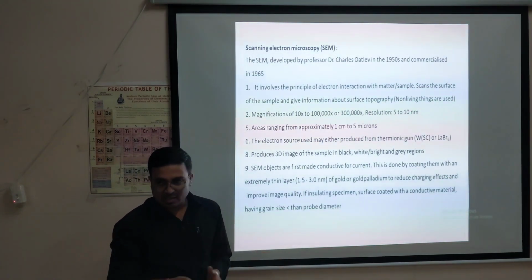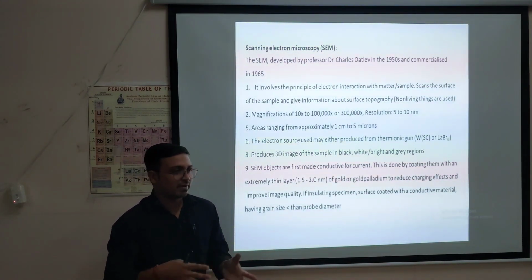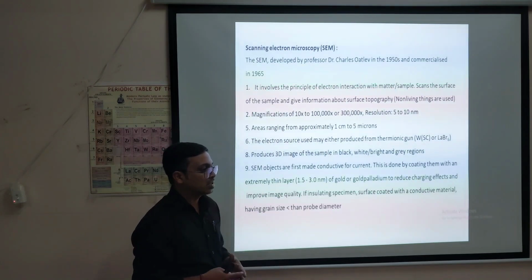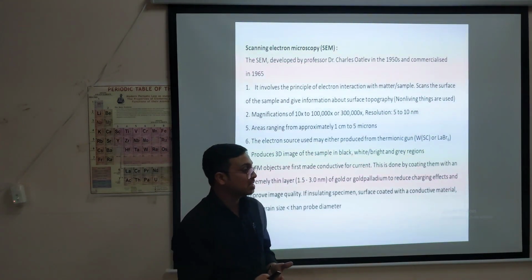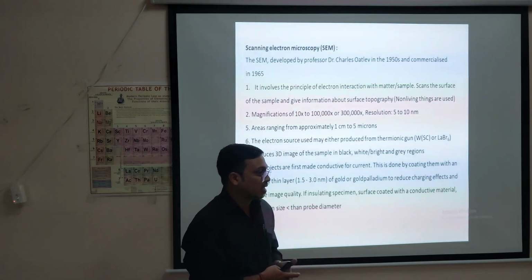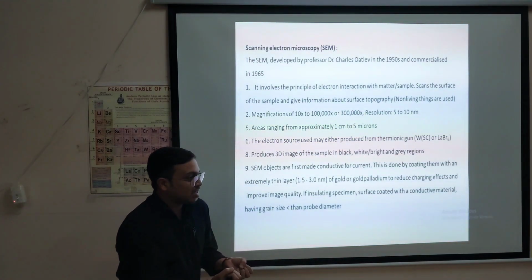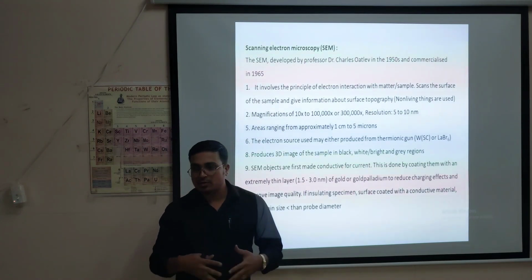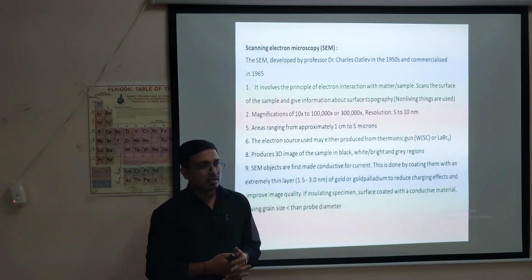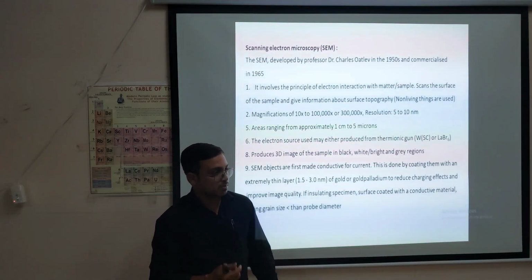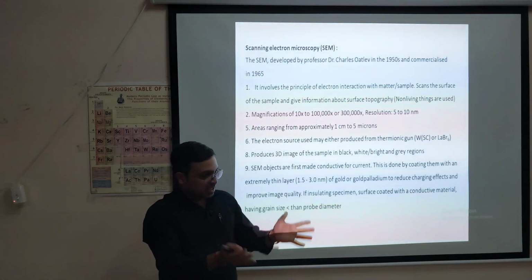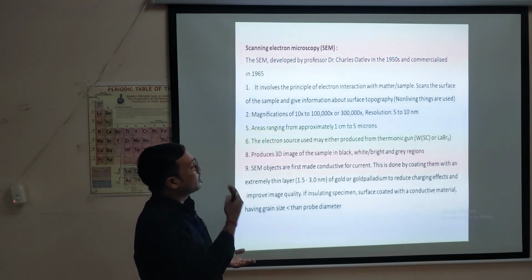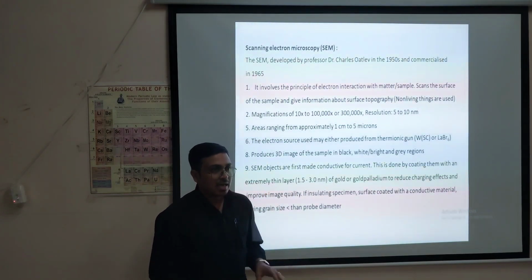In that process you will get a different type of image, a blurred image, or sometimes it turns into a charged image. Charged image in the sense that the system is not conducting, so the electron will not come and interact. In that case it also appears much brighter and you can't visualize it properly. Do you follow?